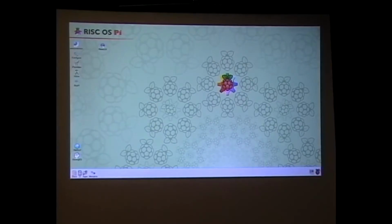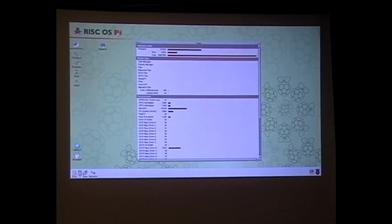The main things with the Pi 2 that you notice is the memory's increased in size from 512 to a gig, which is, I suppose, for RISC OS, not too much of an improvement. The speed is relatively similar to the original Pi. The main benefit I found is the networking seems to be much improved on the Raspberry Pi 2. I did some benchmarking, and the Panda board actually came out worse